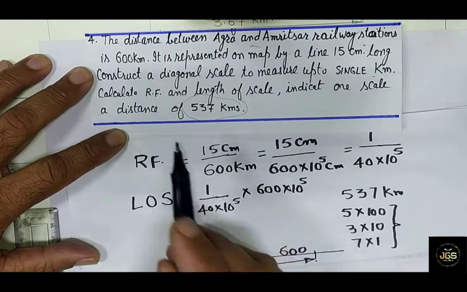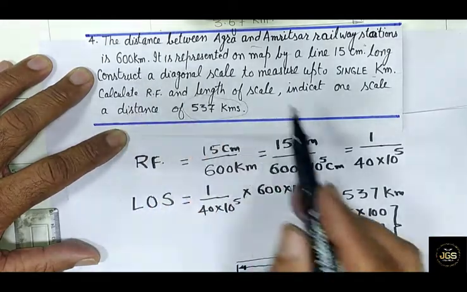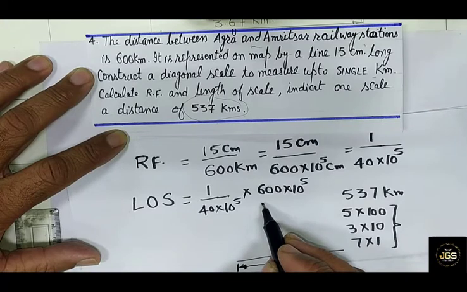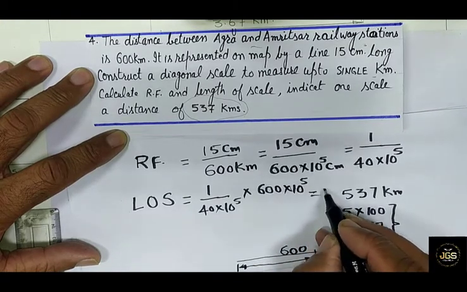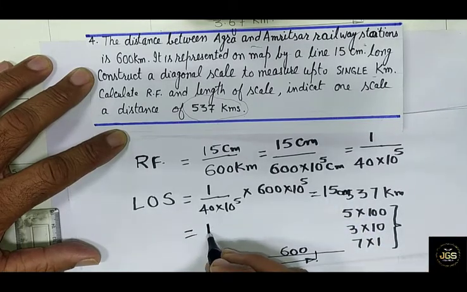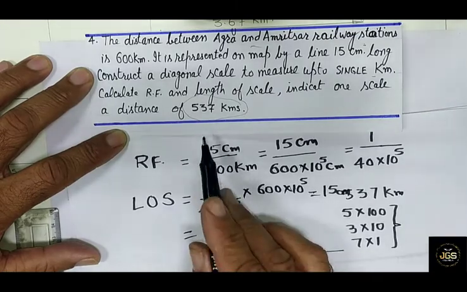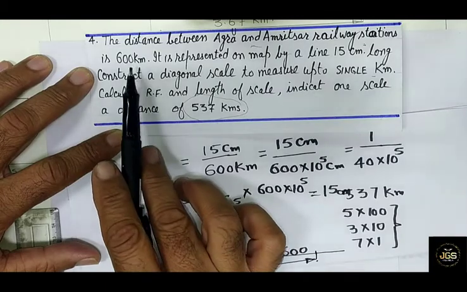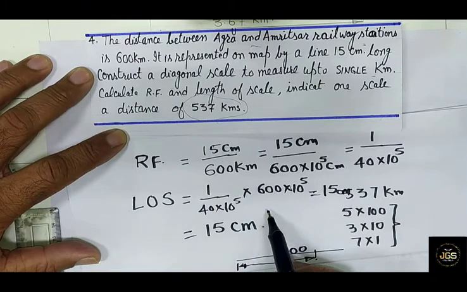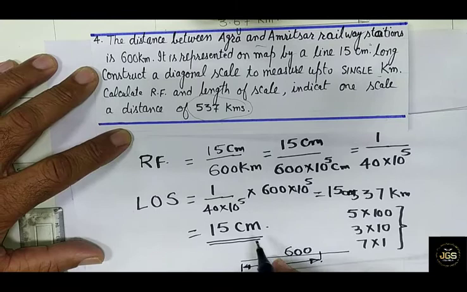Now these are two same units, so need not worry. The maximum distance shown on the scale is 600 kilometers. Similarly, you have taken the maximum distance to be measured by the scale as 600 kilometers. So this comes to be 15 centimeters again. So the length of the scale is 15 centimeters. You need not worry, because the maximum distance shown on the map and the maximum distance measured by the scale are the same. Now I turn to the drawing sheet to show how it should be drawn.